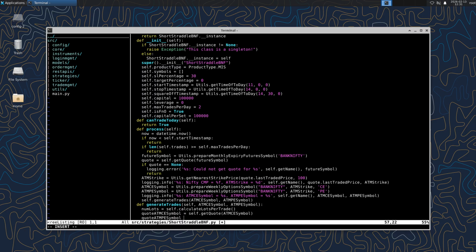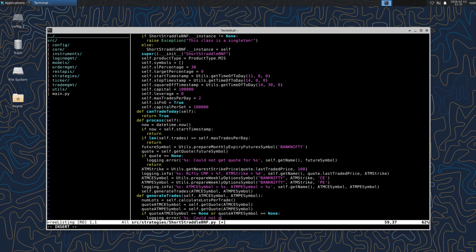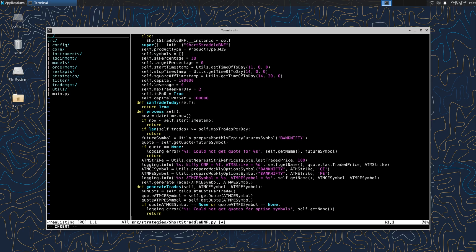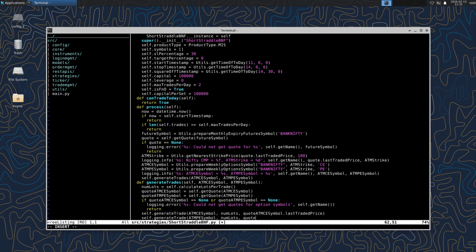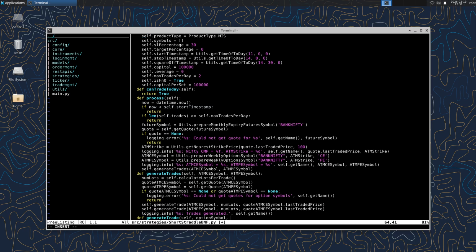Generate Trades computes how many lots to trade using the base strategy lot calculation, fetches quotes for both option symbols, aborts with a log if either option quote is missing, and otherwise invokes Generate Trade for each side. Generate Trade constructs a trade object for the option, tags it with the strategy name, marks it as